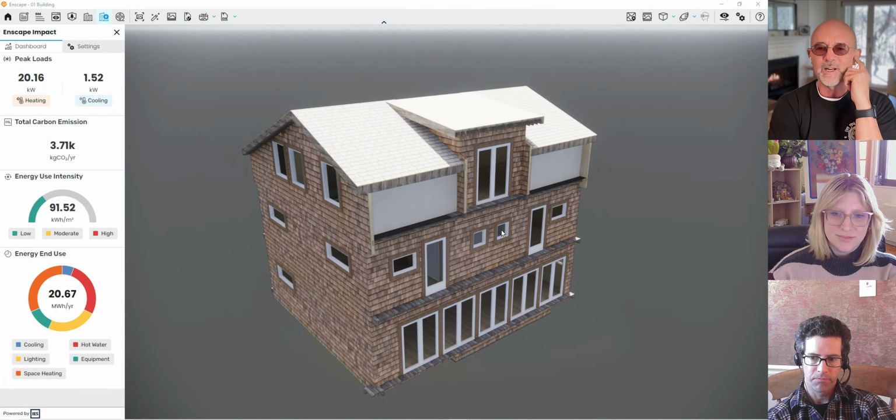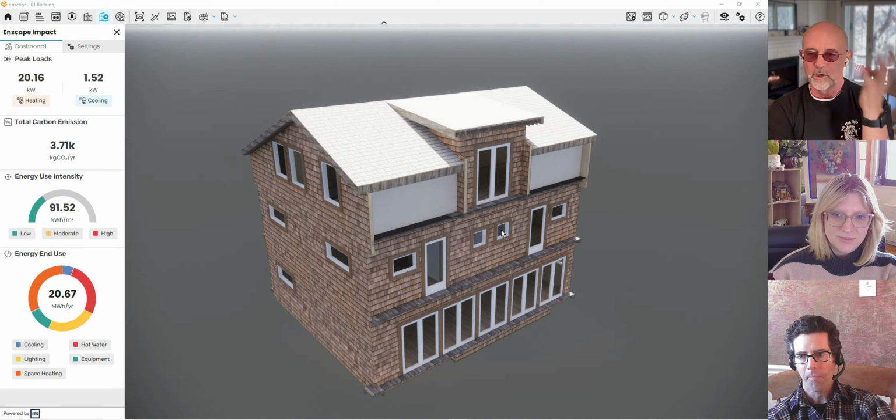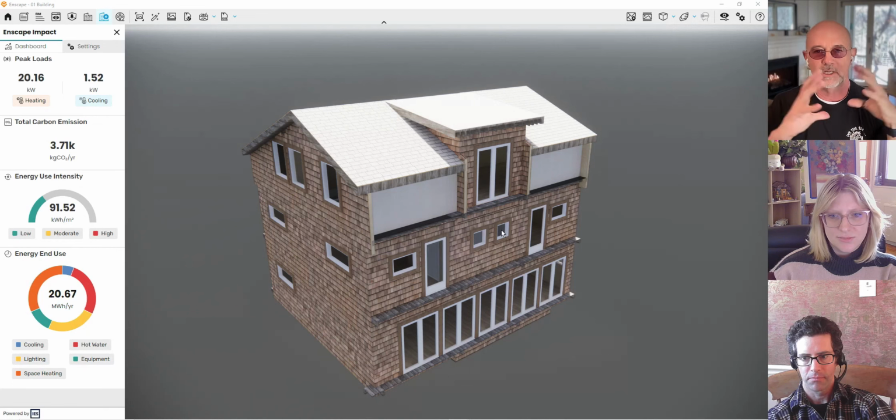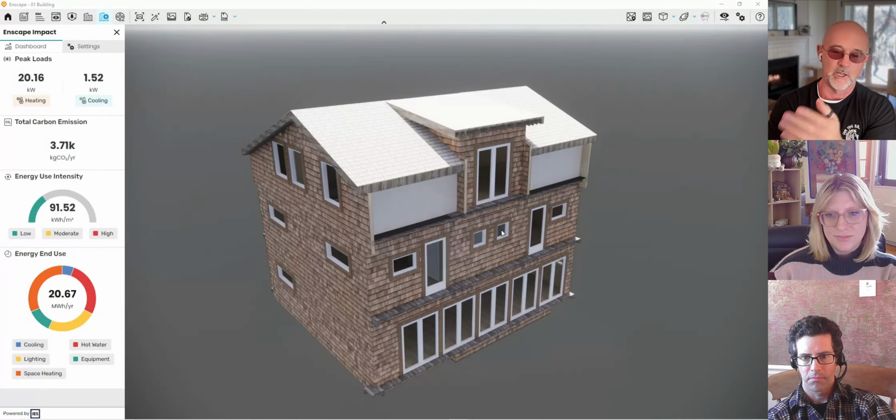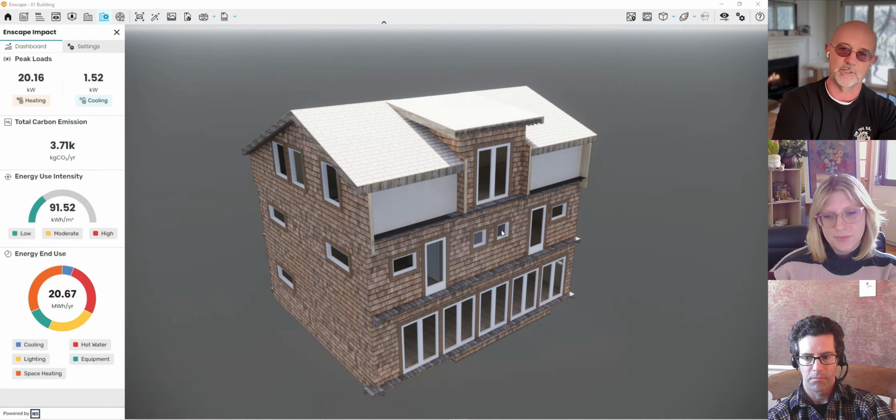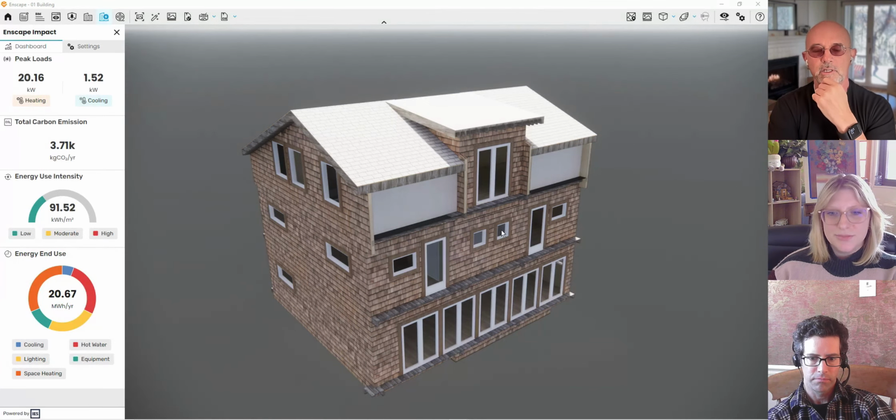Is there anything else, Monica, that you think I should do? Turning off that stuff, you could do it with visibility graphics in Revit, or you can just use a section box to cut everything down. But is there anything else? I guess the best practice here would be you go back to Revit, you save this view as your analytic view or your analysis view for Impact, and then you just use that view when you need to. Then it doesn't have to calculate everything.